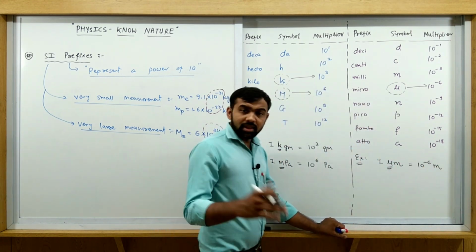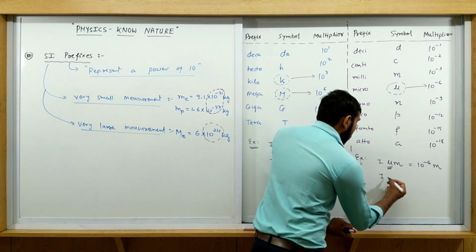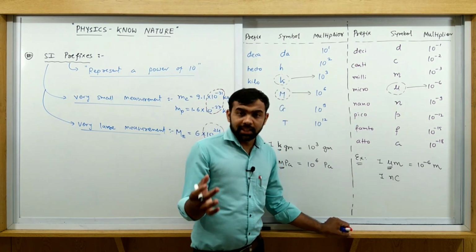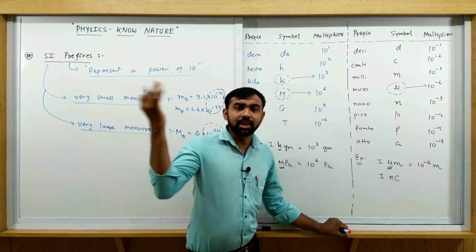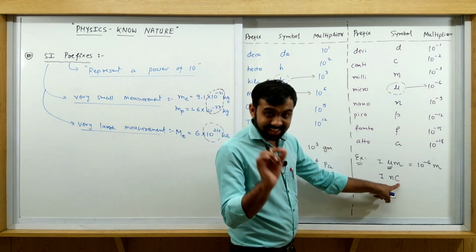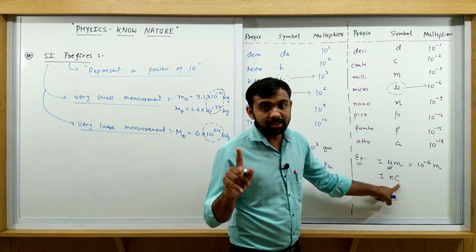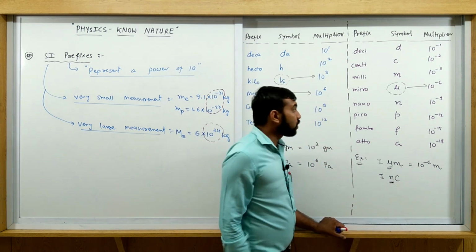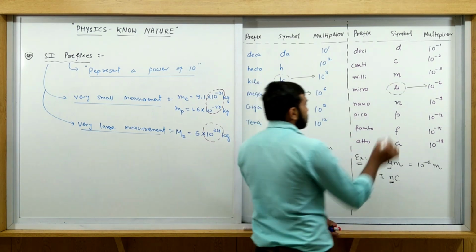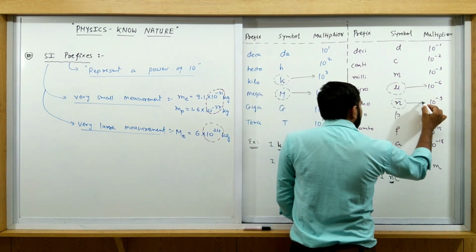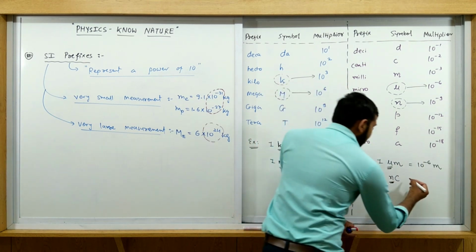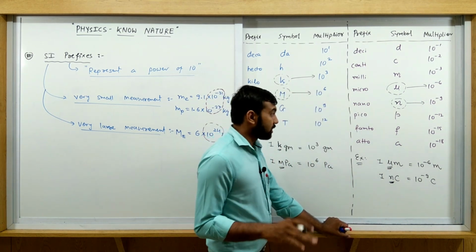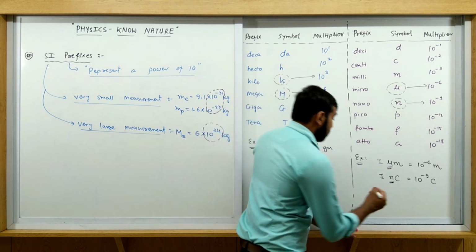Do you understand? Let's understand another case. 1 nanocoulomb. Coulomb is a unit of charge. We will discuss coulomb in detail later on, but you can say that it is also a unit. This C is coulomb, capital C. So what is this with this one? That is a small n. Where is the small n? See, this one, small n, so it is equal to 10 raised to minus 9. So it's written like this, 10 raised to minus 9 coulomb. Do you understand? Let's take another example of the same kind.